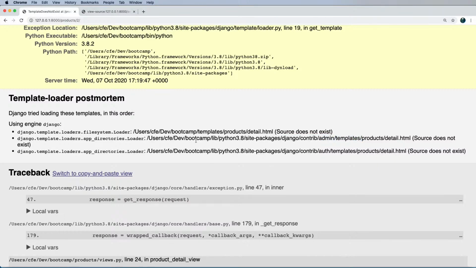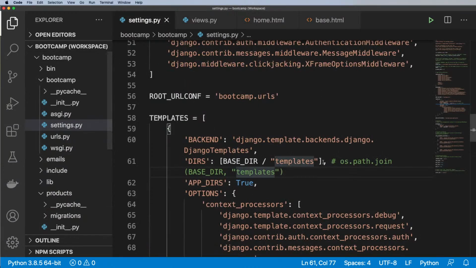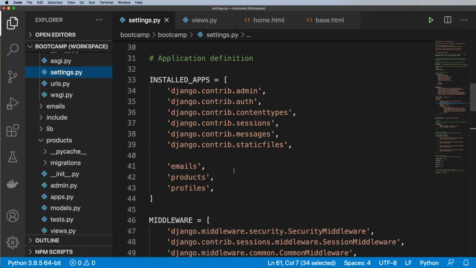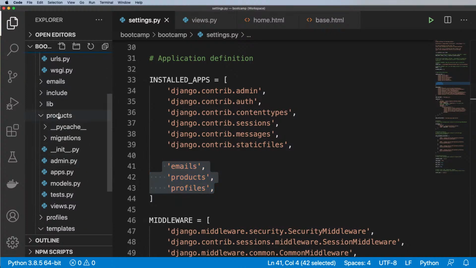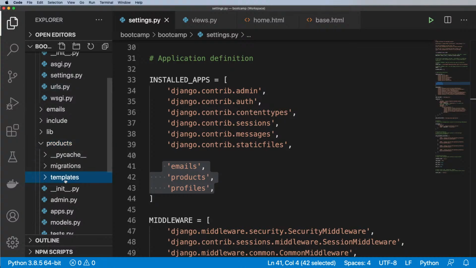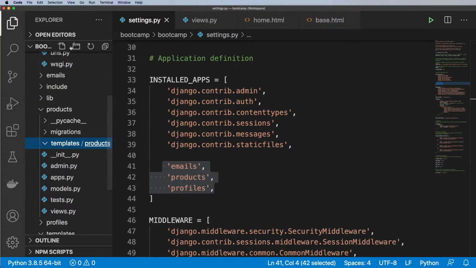But the key thing to note of how this is looking for templates is number one, it's looking where we told it to look. And number two, it's looking in a default that it already has built in. So we could have completely skipped building our own template directory and letting Django know about it. We could have skipped this entire part and just jumped into our installed apps and created a folder in there. So if I come into products, I can make a new folder in here called templates. And inside of here, I can make another folder called products. And inside of there, that is where I'll put